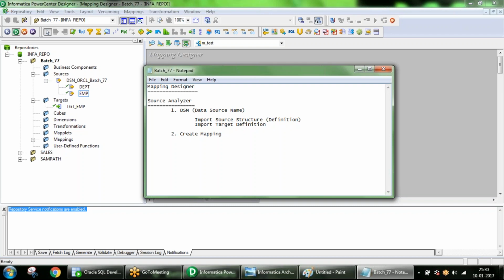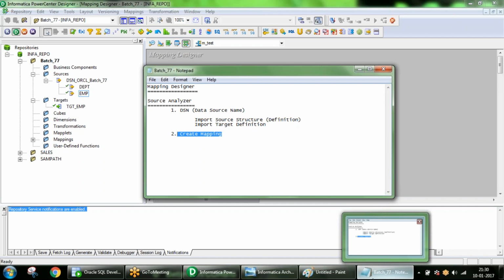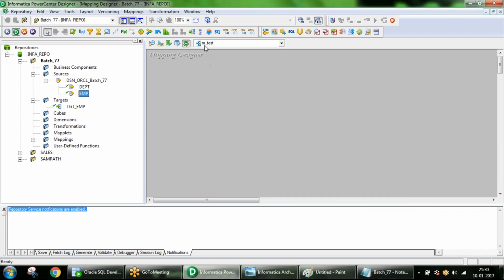Now we are going to create a mapping. That is the second step. Clear? Okay. Now I have given a name for a mapping. Then as per your requirement, select your source. See, I am selecting and dragging it and keeping it in the mapping designer.